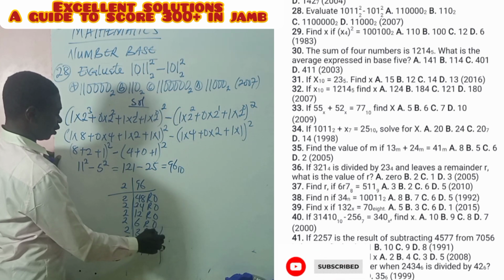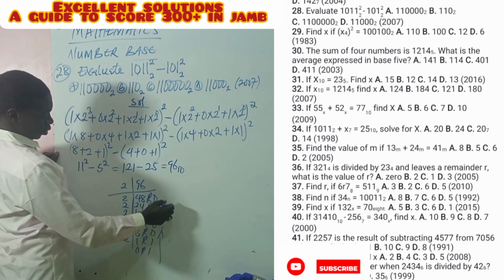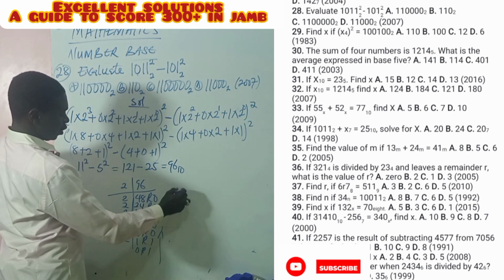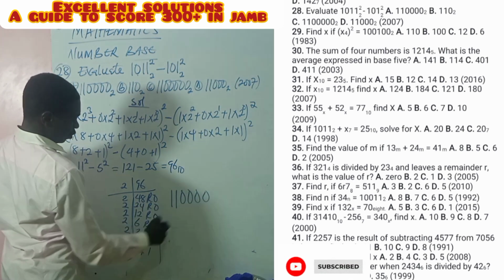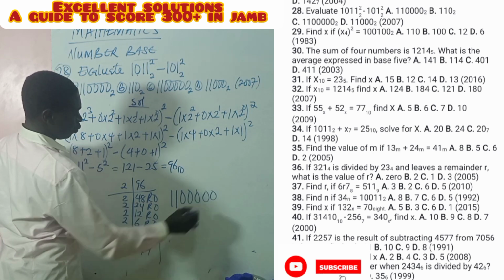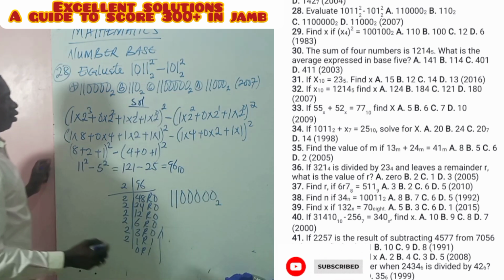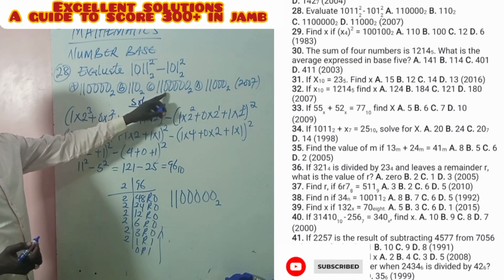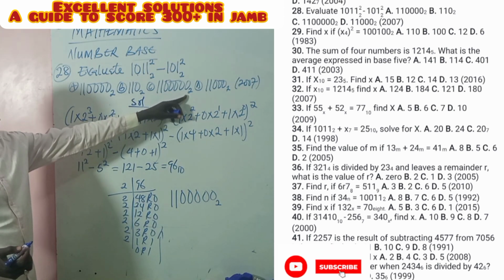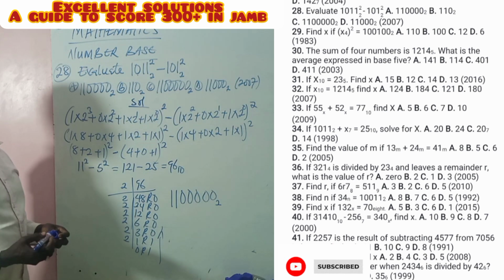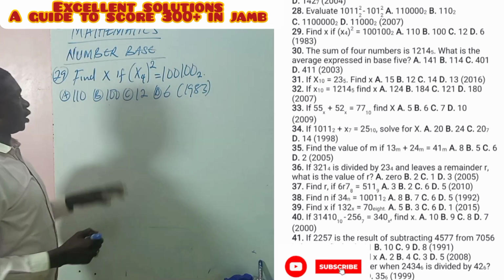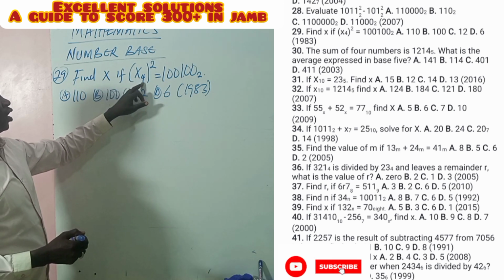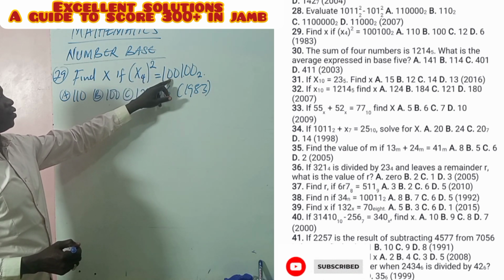So we take this one from down, we have 1 1 0 0 0 0 0 base 2. If we look at our options, we have it in option C, 1 1 0 0 0 0 0 base 2. The answer is C. Question 29 says find x if x base 4 squared is equal to 1 0 0